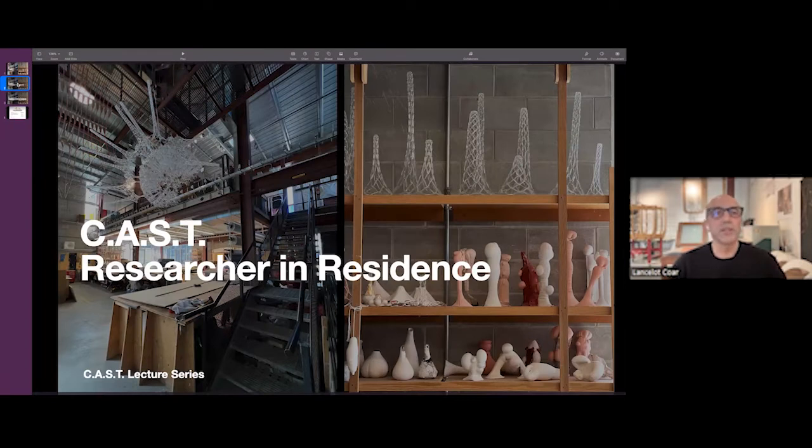Paul is one of many CAST visiting researchers and residents. The program that the Center for Architectural Structures and Technology has been running for about 20 years now, and in its most recent incarnation that started about 8 years ago, Paul applied as part of some postdoctoral research to do research here at CAST, as part of his research project that is coordinated with the University of California, Berkeley, and also recently his alma mater, the Massachusetts Institute of Technology in Cambridge.